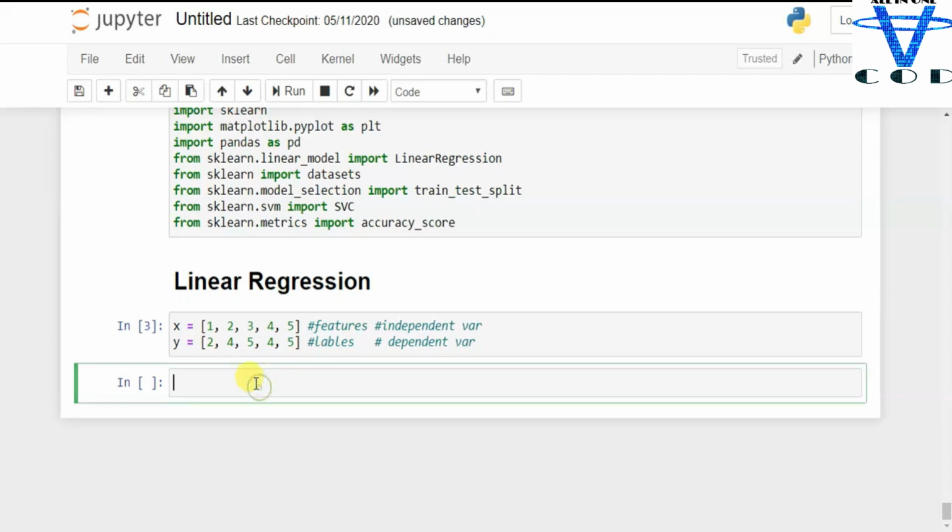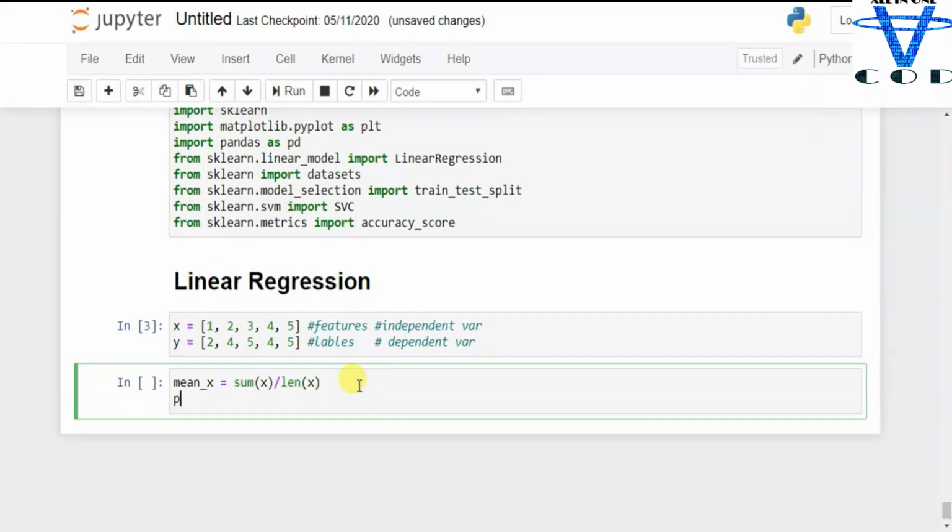So let's say mean of x equal to, you can use numpy np.mean to find the mean of x and y, but I'm going to do it my way. So what I'm going to do is sum of x divided by length of x.